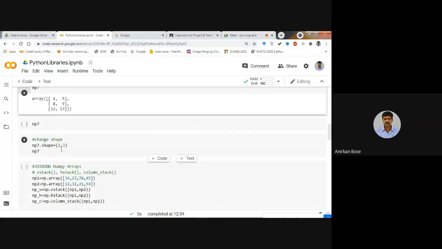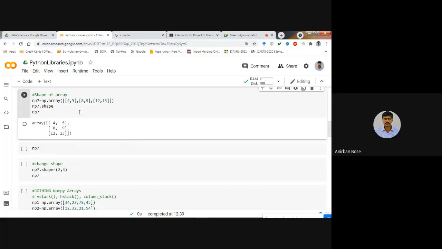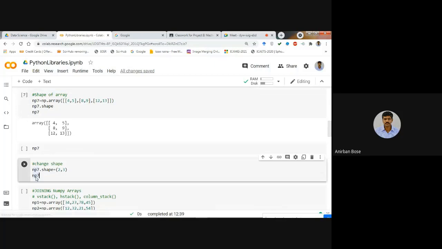Now, if you want to change the shape of this particular array, and you want to make it 2 rows and 3 columns, then what you will do, you will write np7, that is the name of the array, dot shape is equal to 2, 3 within parenthesis. So that will change the shape of the array. And if you want to print that particular array,